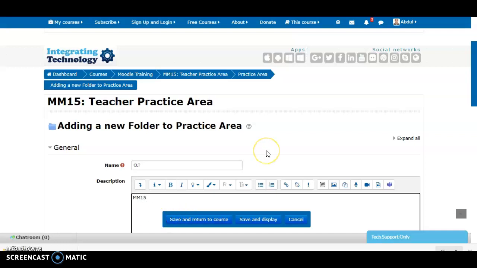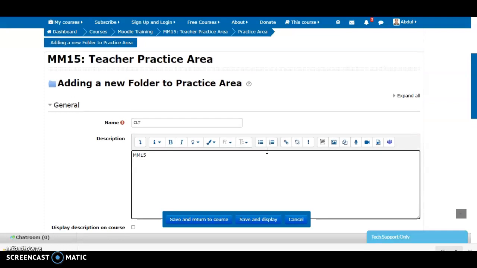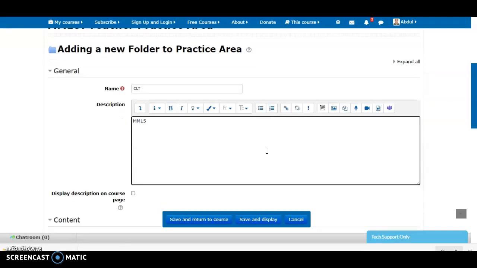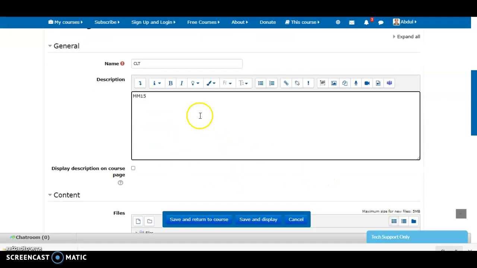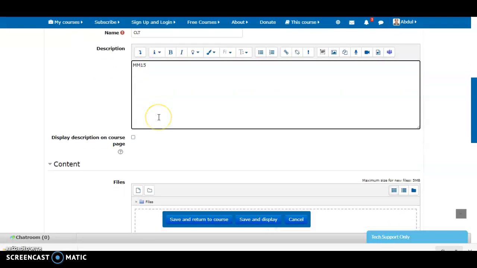I have already done a couple of other courses, and in all the courses I always take communicative language teaching as my group topic, and some other teachers also support me in exploring these things. So let me come back. I have created a folder name. The description is MM15, and